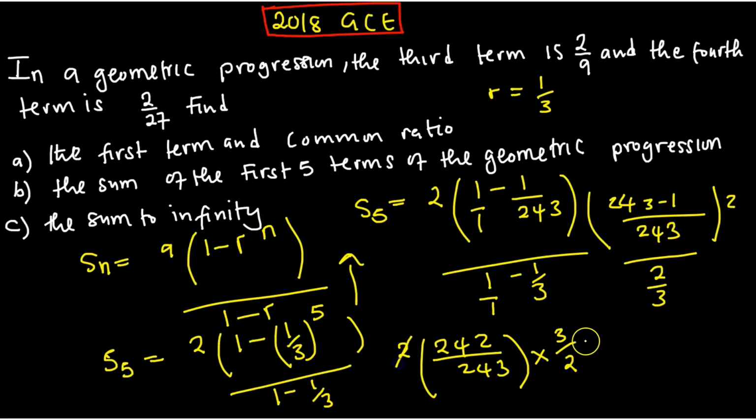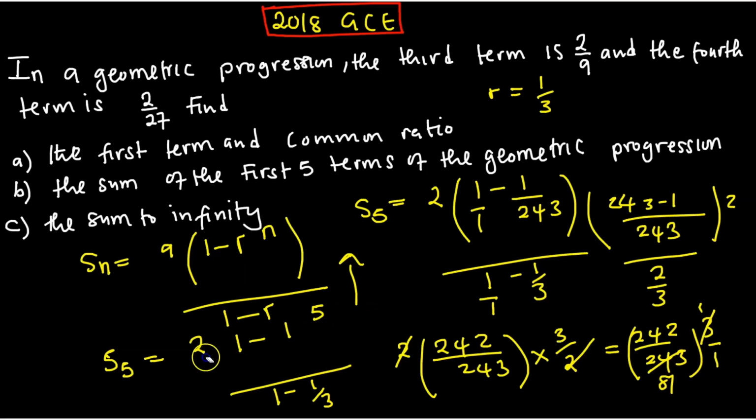So these 2s can cancel, and you are going to have 242 divided by 243, then multiplying by 3. Now 3 into 243 is 81. So basically you are going to remain with